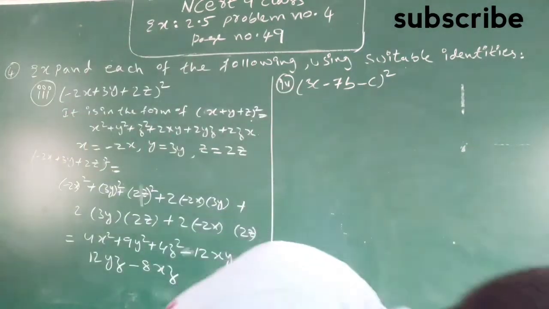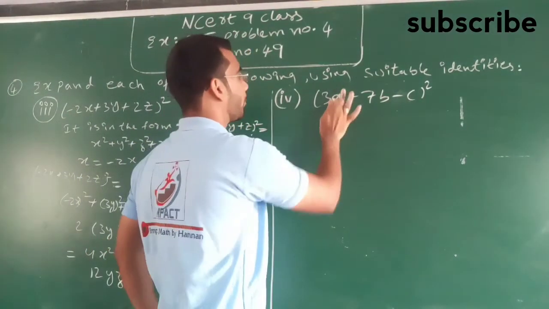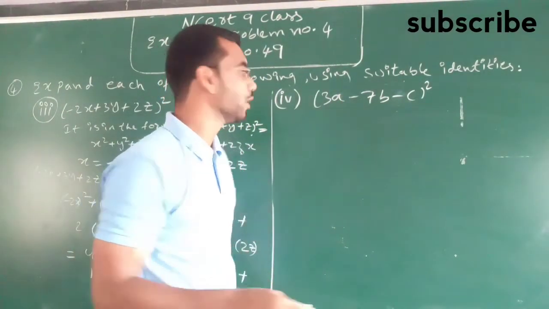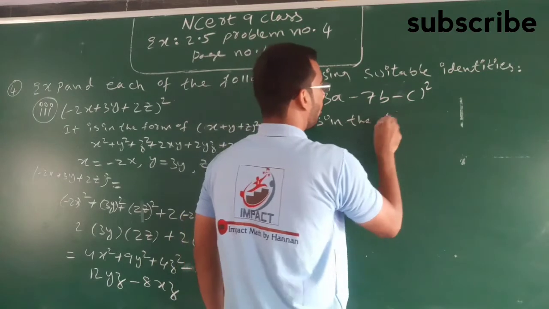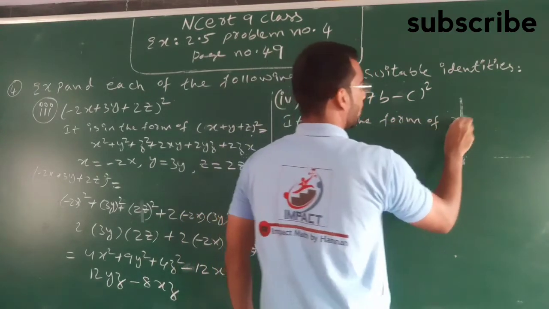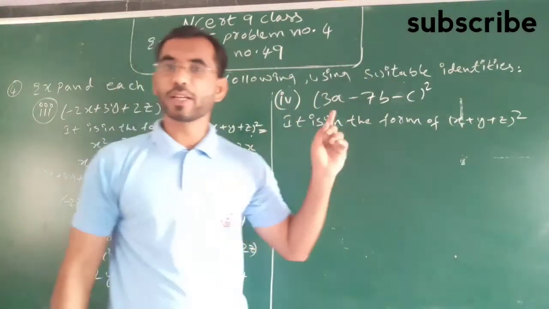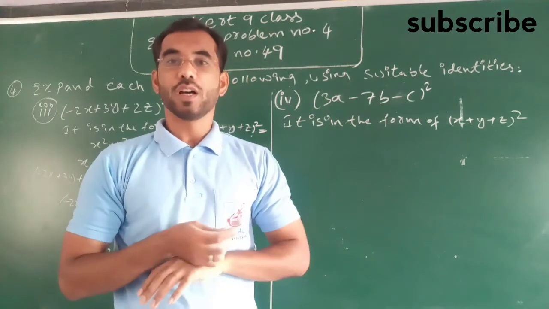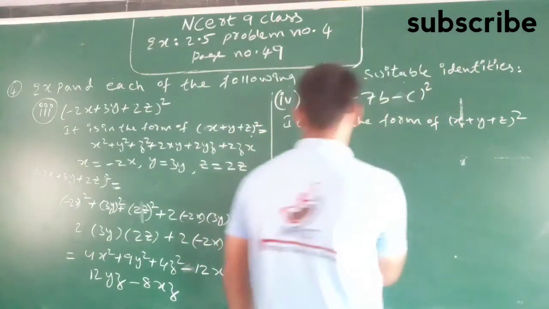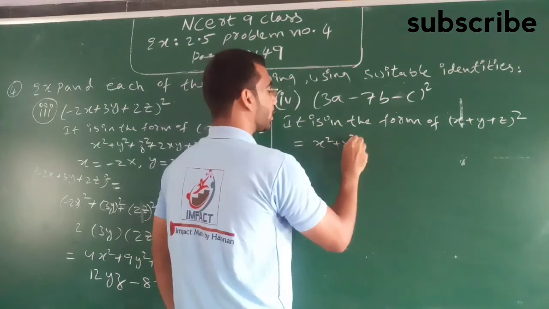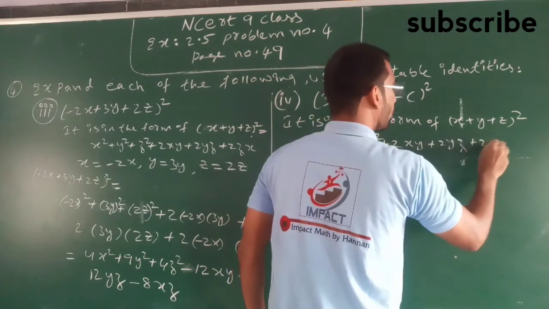Now we will go for the next one. See here, in this problem we can make one more. Actually, previously I have written C, but it is A. Now we will substitute. It is in the form of x plus y plus z whole square. You can use the x minus y minus z whole square formula also, but we will use this identity only, which is given in the textbook. You can use that other identity for solving this also. The formula will be x square plus y square plus z square plus 2xy plus 2yz plus 2zx.